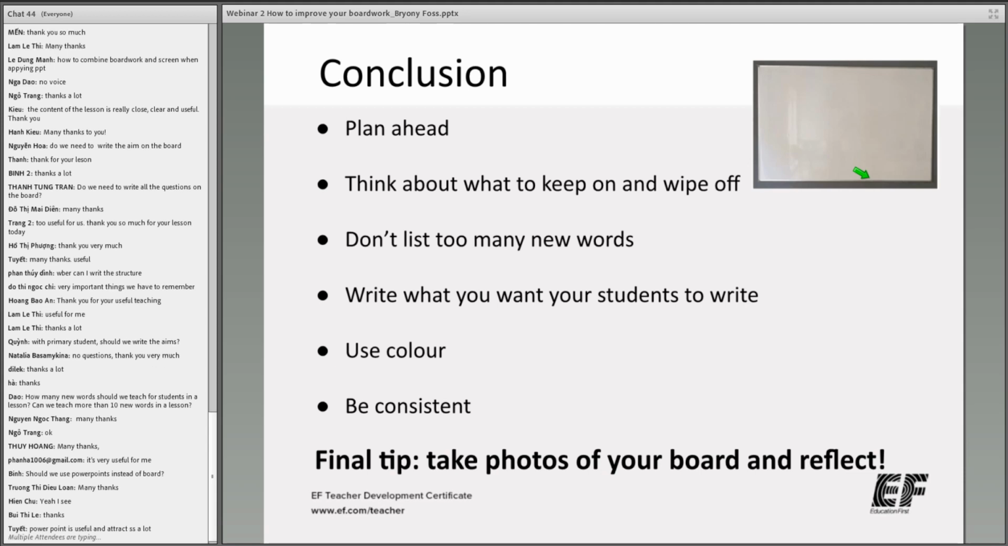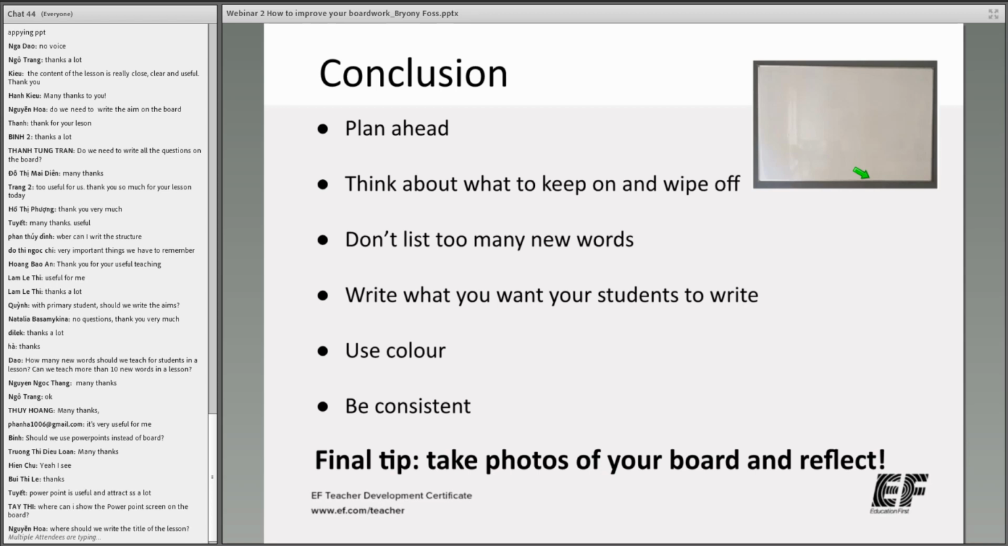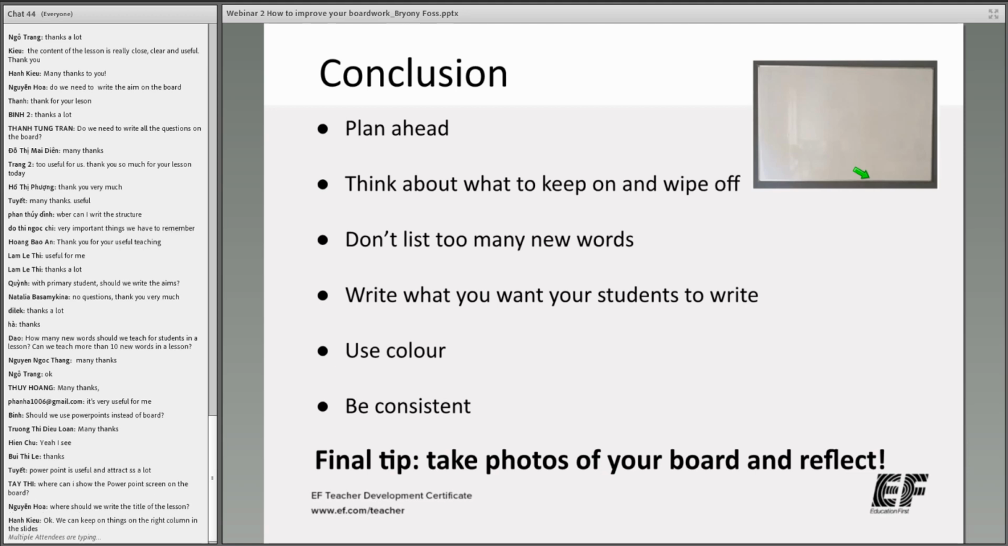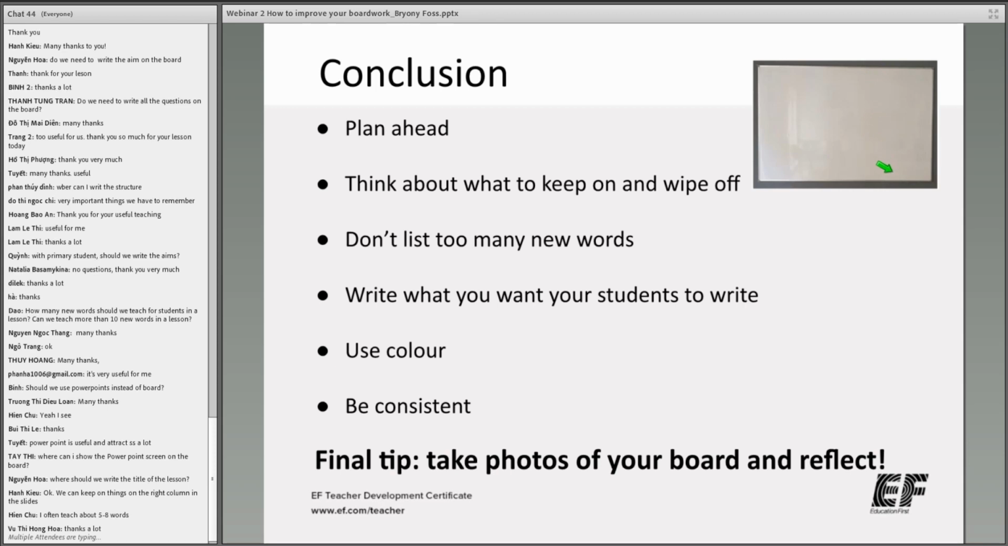How many new words should we teach students in a lesson? Can we teach more than 10 new words in a lesson? So that refers to your language focus of the class if it's a vocabulary lesson. Normally, you should choose between 6 to 10 new words for a vocabulary lesson that you will teach in the class. What you include in that vocabulary column that I'm signaling here isn't necessarily the language from the lesson,